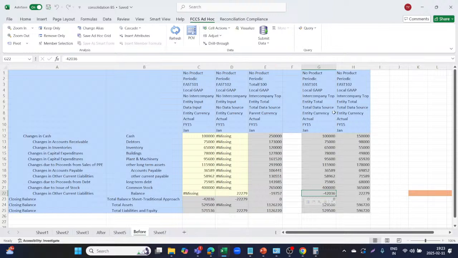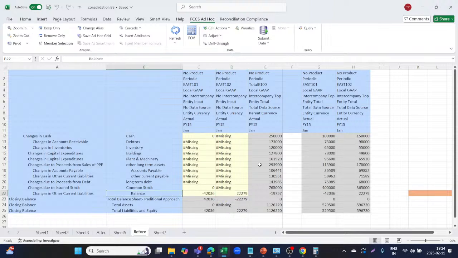Now what I was saying, instead of bringing to top members, you can select here no data source instead of data source, and see it here itself. See that differential amount is coming over here. It is removed from here and coming to the FCCS balance account, and similarly for East 102 also. Your balance sheet was out of balance with 22279, and it is getting adjusted here, that is bringing it to the FCCS balance account. So this is the concept of your